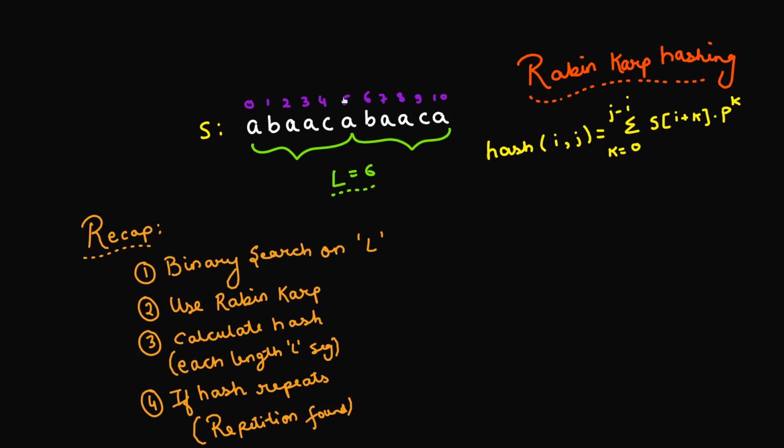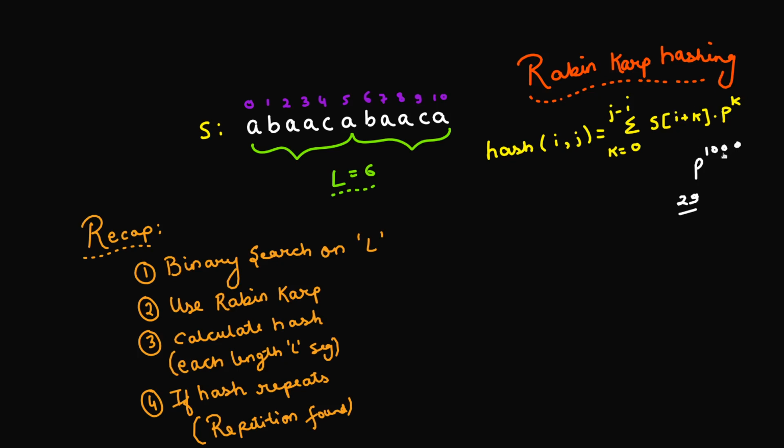Okay, but there are some problems that you face with these kinds of techniques. The first thing that we need to notice here is that this hash that we are computing can actually become very large. The numeric value of this hash can become very large. Suppose the length of the substring is say 1000, so this quantity here is going to be p raised to the power 1000. Now p is usually a prime number which is more than the size of your vocabulary. In our case, we have a total of 26 letters. So let's say p is 29. Now 29 raised to the power 1000 is something that you cannot store in an integer. So that's a problem.